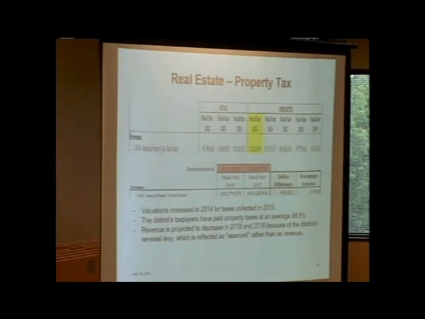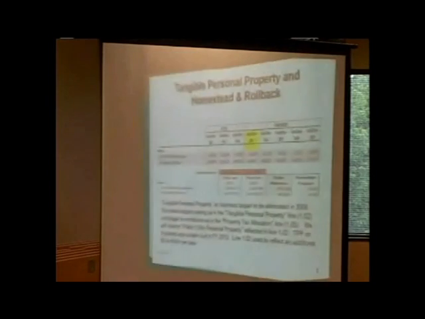You can see the difference, 941,000, but as we go across this line, you might ask, how do we go from 104 million in 2017 to 91,000 in 2019, and 97 in 2018? The emergency levy expires in calendar year 17, and by law, we can't assume the passage of that levy. That's why you see the numbers decrease on the real estate line: we can't assume the levy is going to pass or be renewed. So that's why the numbers are declining.